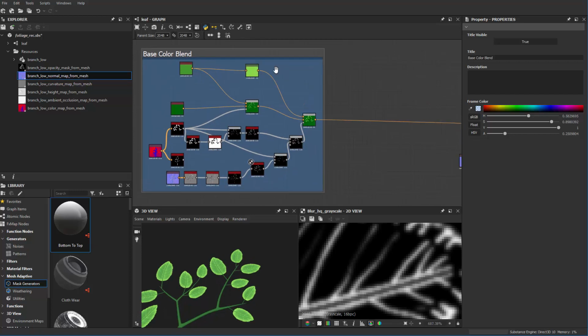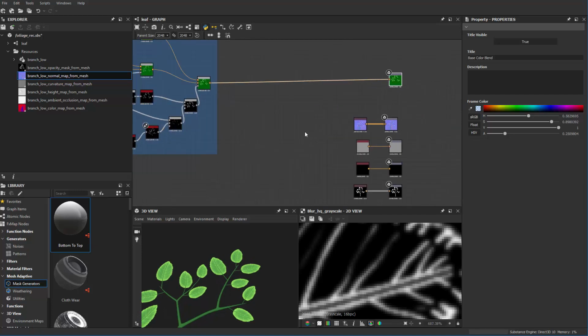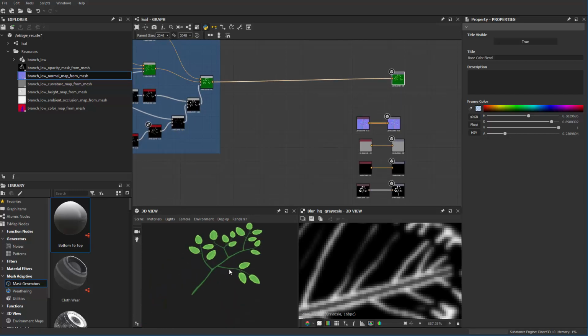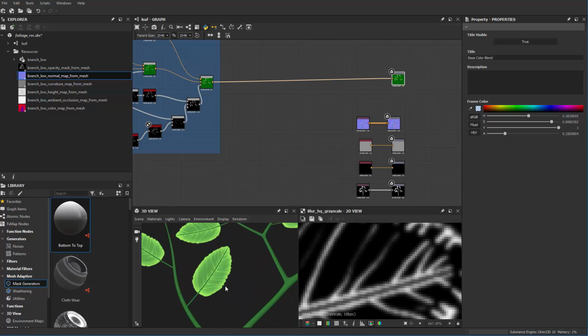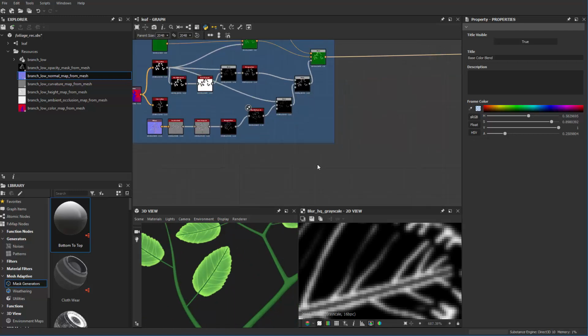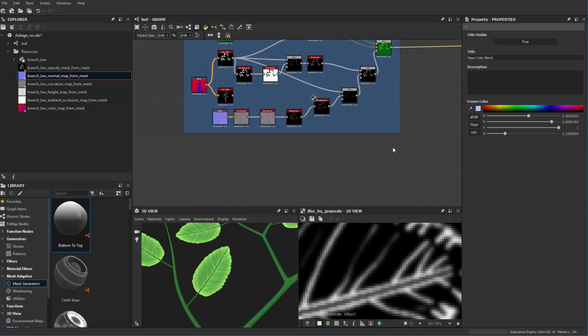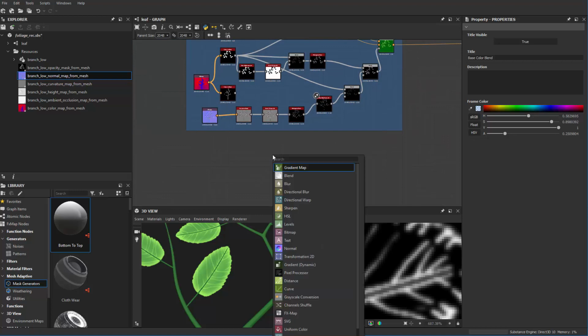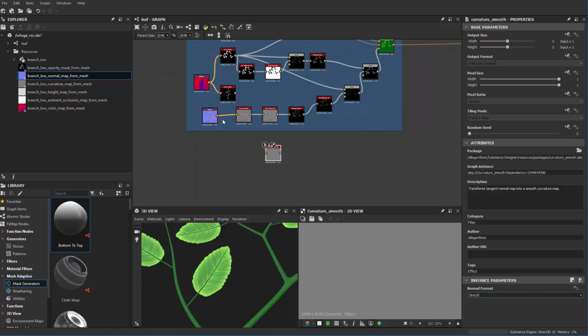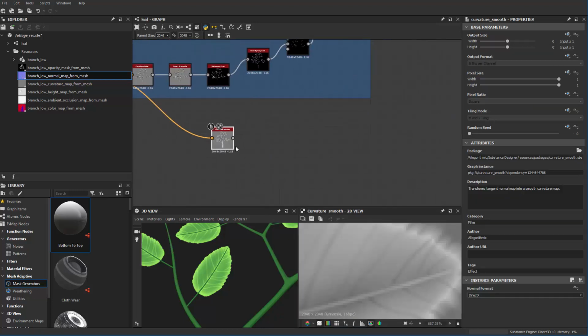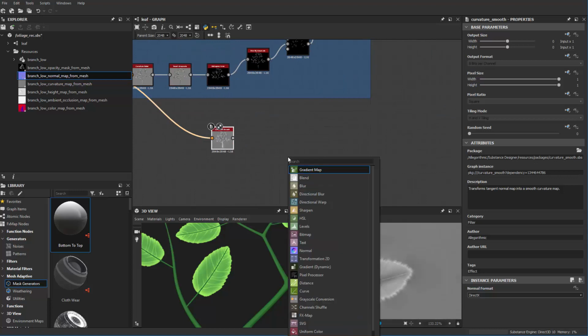Okay, so one more thing I can do just to make this look a little bit more interesting is that I kind of wanted to have some of the edges have some dying part, right? So what I can do is extract that part with, again, normal map and curvature. So I can create another curvature. This time curvature smooth, and we connect that to curvature smooth. Okay, and then we use histogram scan. Let's invert it first,